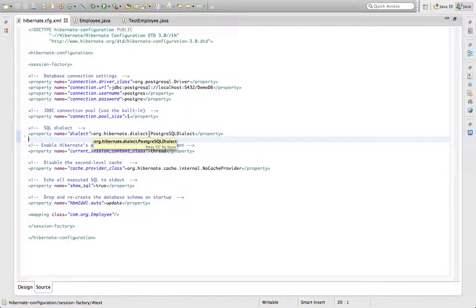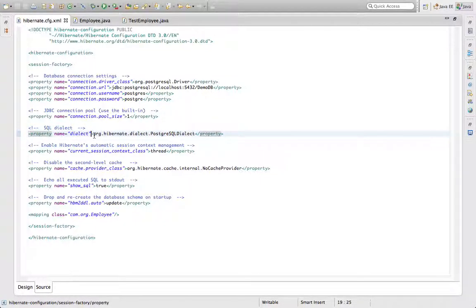Then this PostgreSQL dialect will convert those queries into database-specific queries. Here I am using PostgreSQL, so it will convert those queries into Postgre format. If it is Oracle, then it converts into an Oracle understandable format. That is the main use of this dialect.